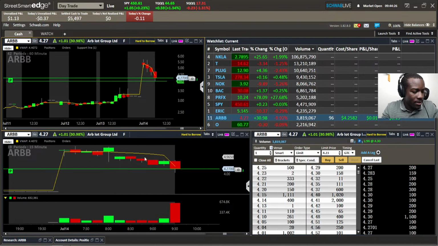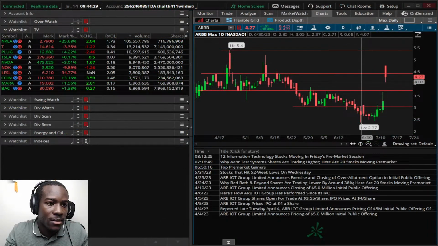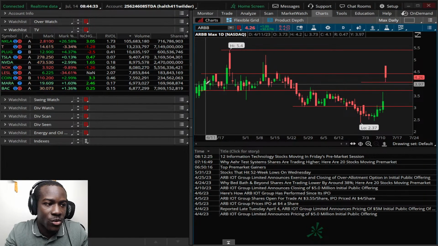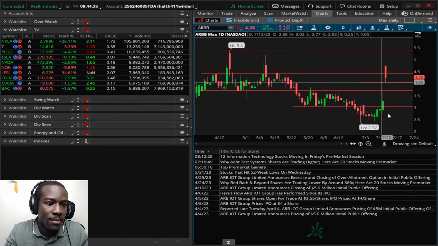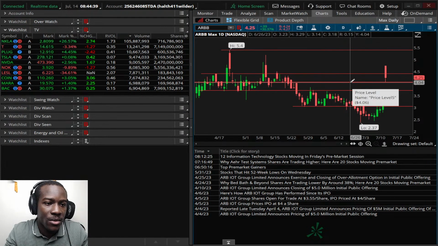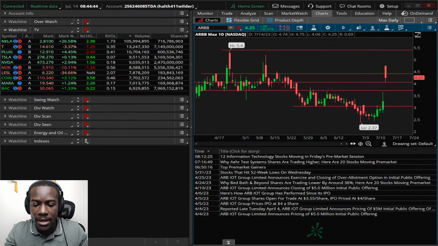Looking to get some more, but on the daily chart, we can see that this thing is slowing down. 406 would be the bottom. Really don't want to see a break towards the downside of this. If we extend this to the left, the downside of this consolidation is what I don't want to see. So I'll stop out down there if I need to. But right now, I'm pretty comfortable right here.